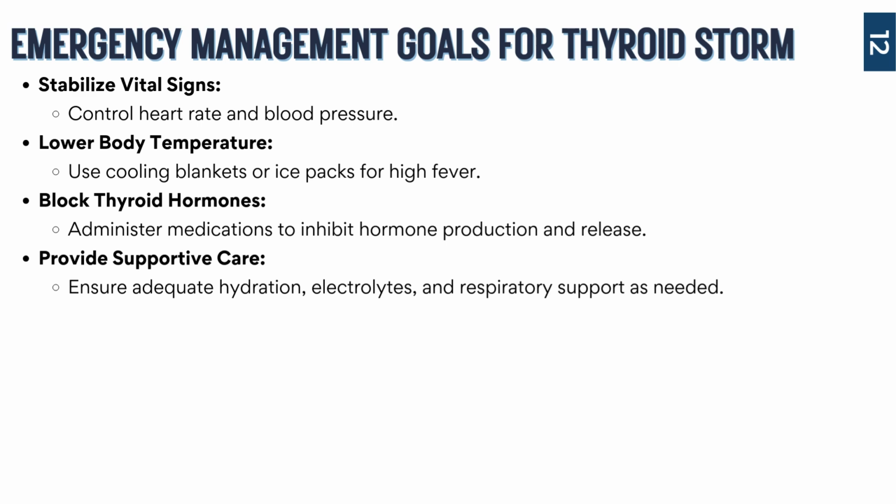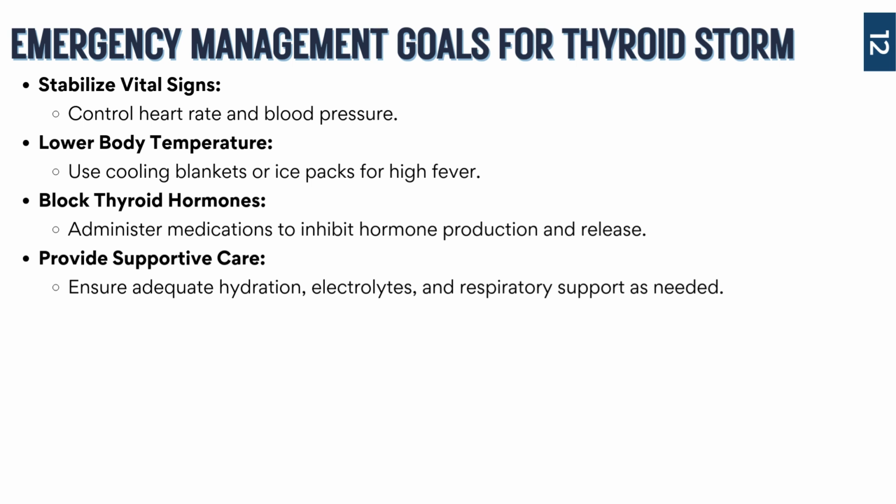The next thing we're going to work on is the body temperature, okay? Because the high fever is associated with the thyroid storm. We need to be cooling this patient. So we're going to use things like cooling blankets, ice packs, and acetaminophen to help reduce the fever. However, aspirin is avoided in these patients. We do not give these patients aspirin because it can actually increase free thyroid hormone levels in the blood, and we don't want to be adding more thyroid hormone to the blood that already has excess, right?